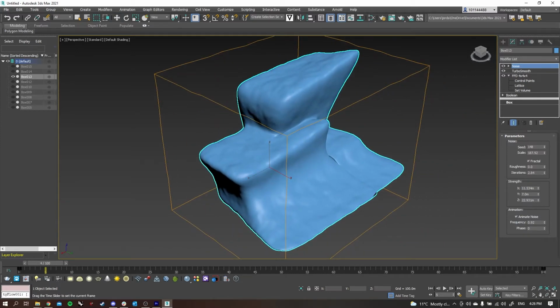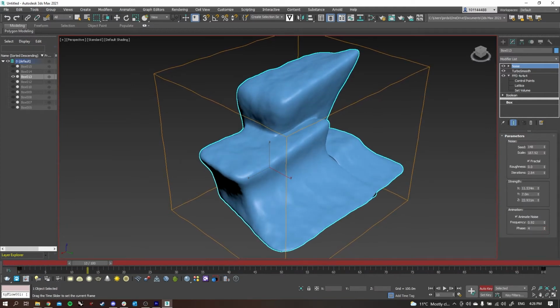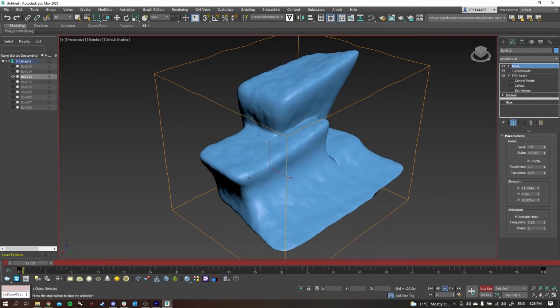Because I had my animation frame already set to 5, I can click auto key, take it back to 0, and then click play. And this is the animated water effect I will get. Now it looks like there's water falling down all the sides of the shape, creating that rippling effect all around it. So that's a simple intro to the noise modifier in 3ds Max,